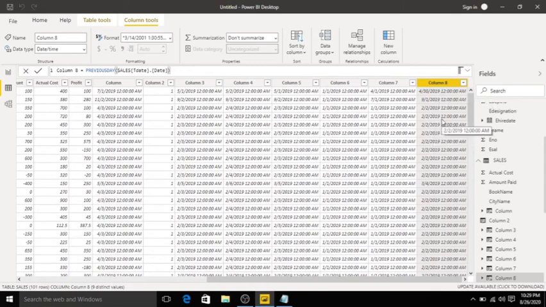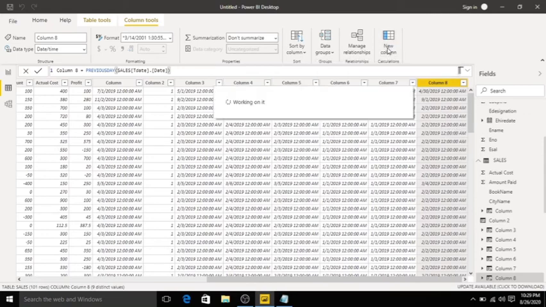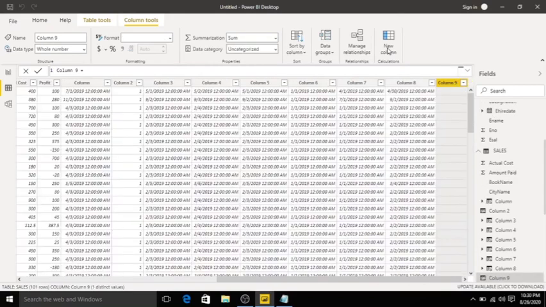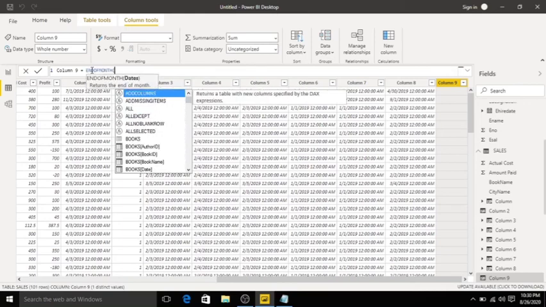We have another function called ENDOFMONTH. ENDOFMONTH returns the end of month date. Click New Column. I will provide ENDOFMONTH. Click Tab.